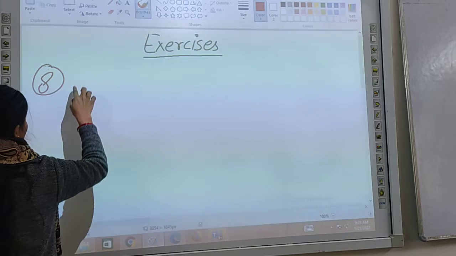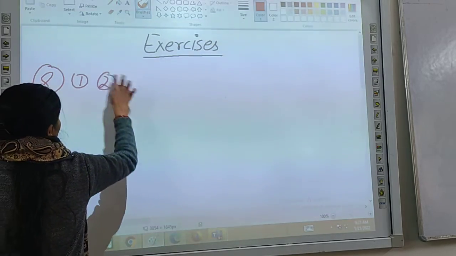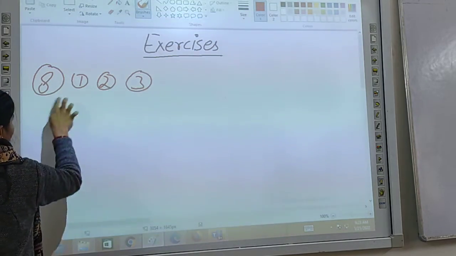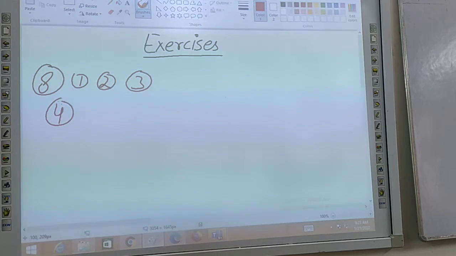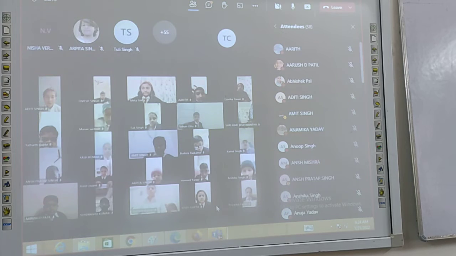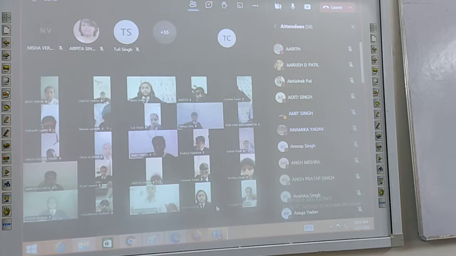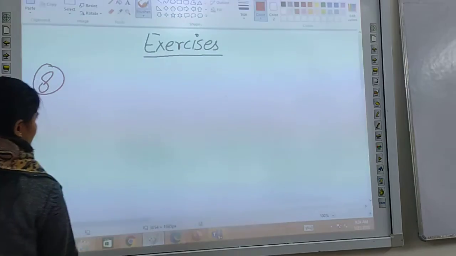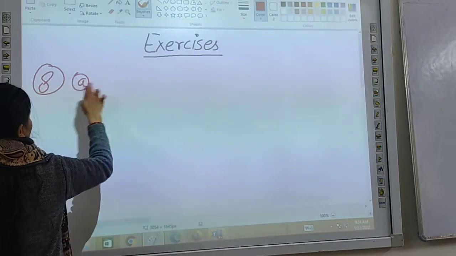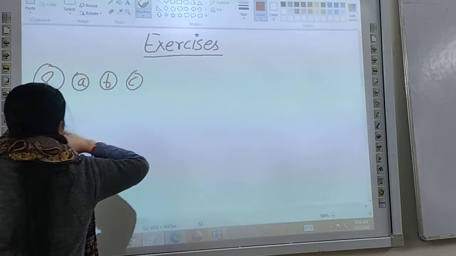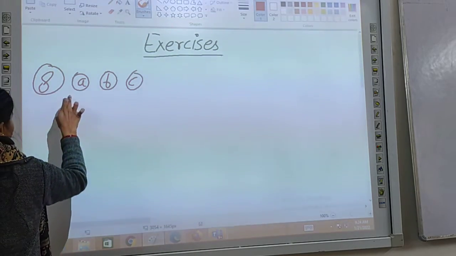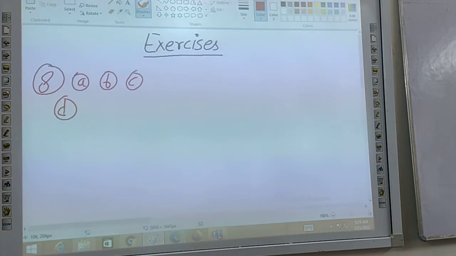Already explained point 1, 2 and 3. Okay? Now I am going to write point 4 in question number 8. Point A, point B and point C we have completed. Now write point number D. Okay, fourth point. So